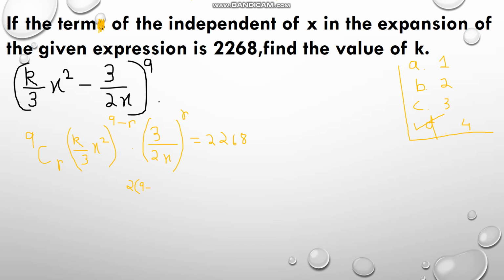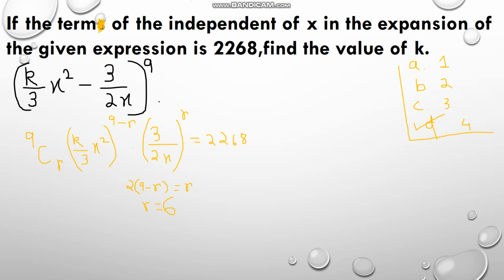whole to the power 9 minus r is equal to r. Okay, we are finding the numerator and denominator there, and we will find r to be equal to 3. Okay, wait a minute, sorry, I am wrong here. r is equal to 6. I have forgotten the 2 there, remembering 2 once and forgetting 2 once. A big mistake of mine. So r is equal to 6.